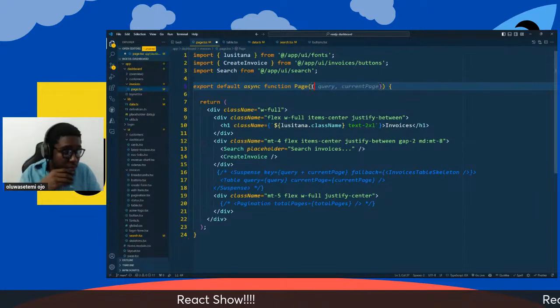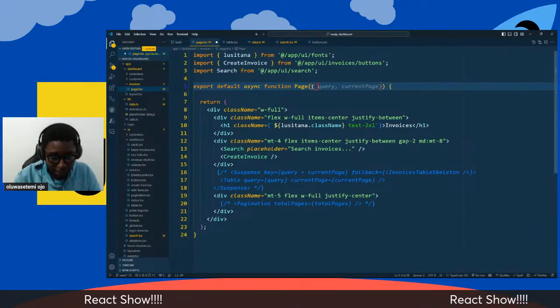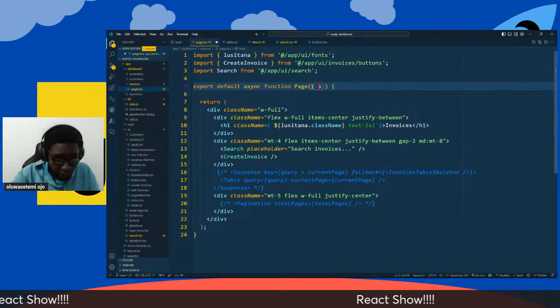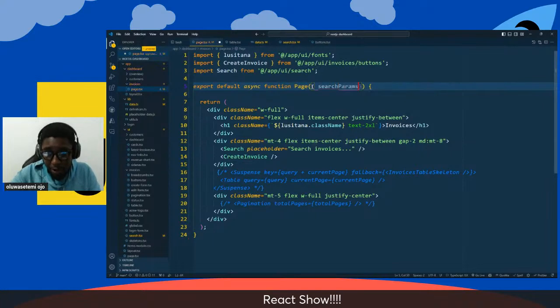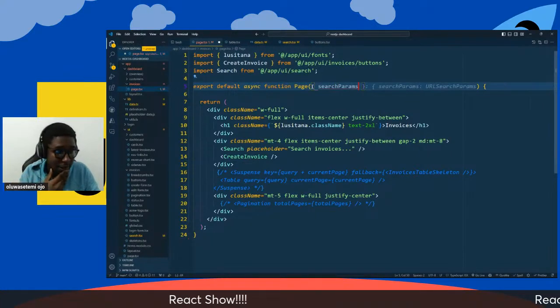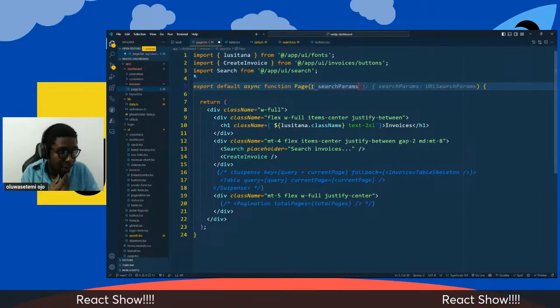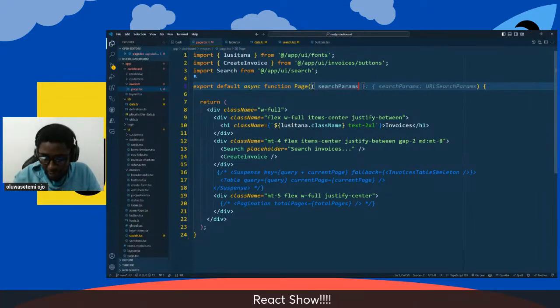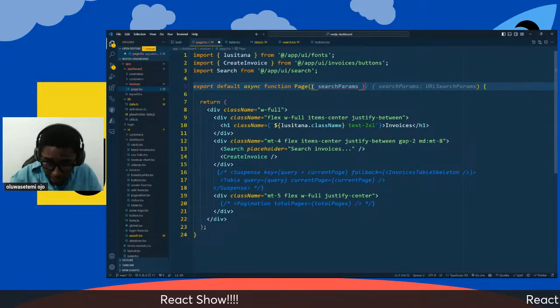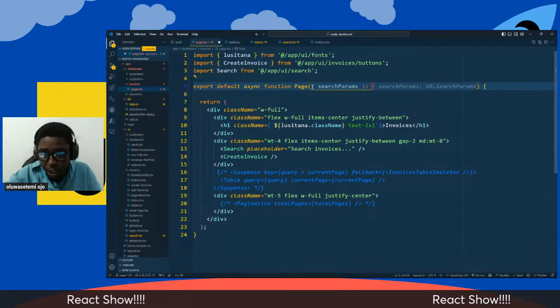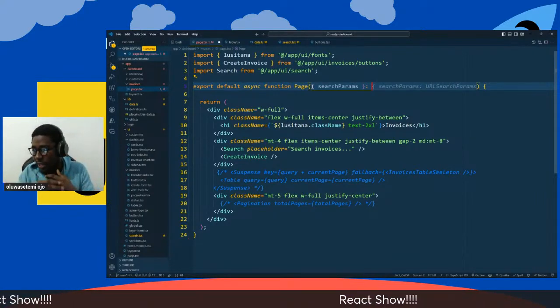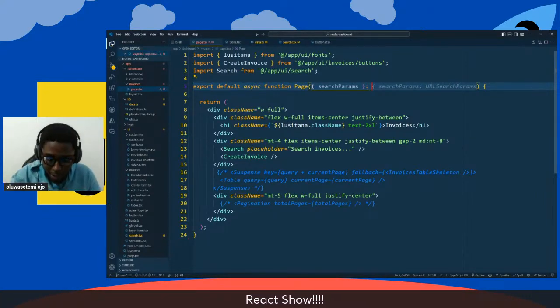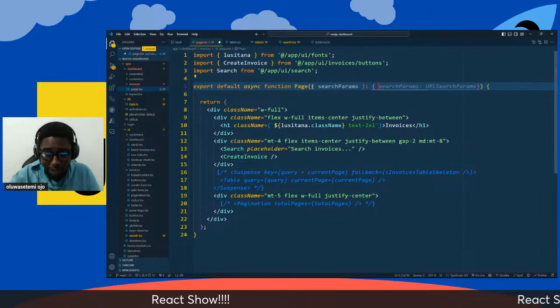So we can accept a prop of search params, and we can now type that thing. The page component naturally accepts the search params. You can open this here, and we can now say